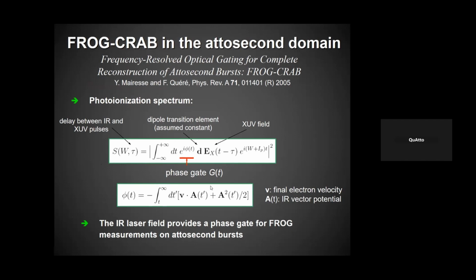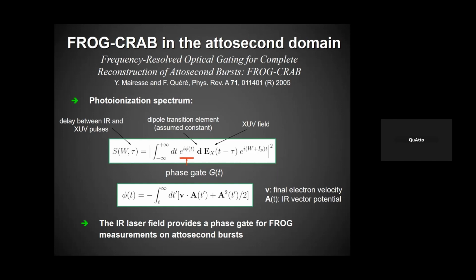Here you can recognize the term where the velocity of the photoelectron multiplies the vector potential of the infrared field that we have seen before. And so essentially the infrared laser field provides a phase gate for the frequency resolved optical gating measurements for the attosecond pulse. This is a beautiful result, which was demonstrated by Yann Mairesse and Fabien Quéré with the technique that is now known as FROG-CRAB,